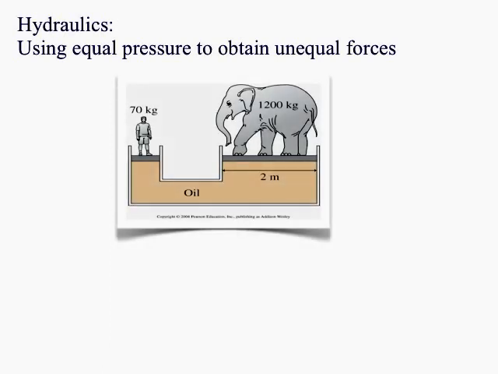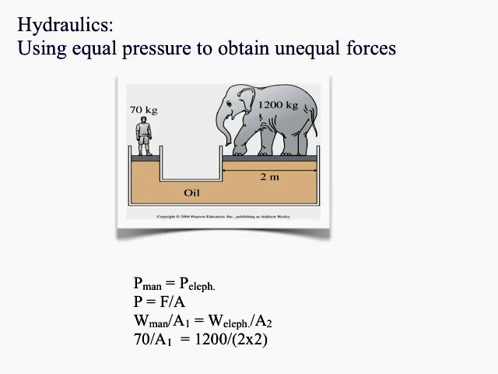But how can these two very different weights create the same pressure? Well, we define pressure as force per area. So the pressure of the man and the pressure of the elephant must be the same, since they're at the same level atop the oil. But since pressure is force per area, we have a ratio of force per area that is equal for the man and the elephant. So the force is the weight of the man divided by the area, let's say area 1 that the man is standing on, and the weight of the elephant divided by area 2, the second platform that the elephant is standing on. So the ratio of the weights equals the ratio of the areas.